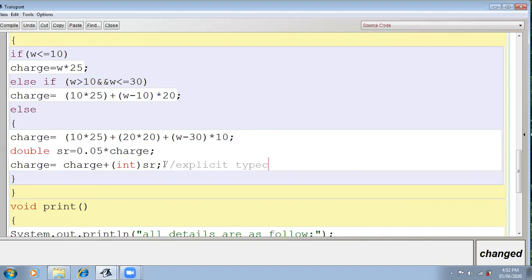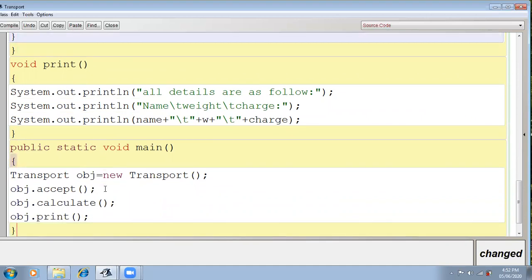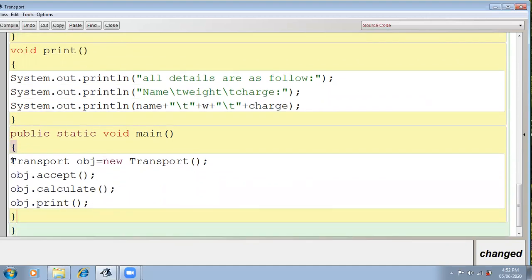In explicit typecasting, the higher data type is converted into the lower data type. You know this already. Then we show this in tabular format in the print method, and in the void main method we call these by making the object of transport. So obj.accept, obj.calculate, obj.print. But we will not call the transport default constructor separately, because it is called when we make the object.